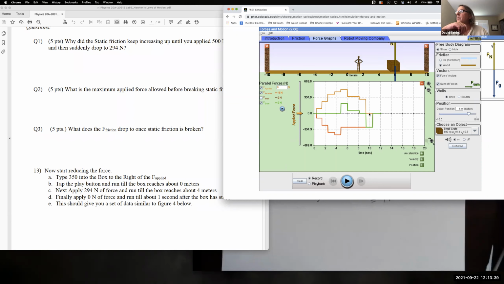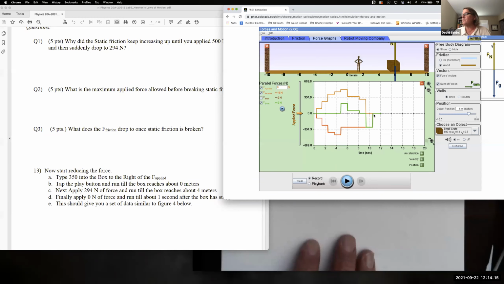And then I lowered my applied force to 0, and I have a net force below 0 equal to the kinetic friction, and I have kinetic friction up until it comes to a stop, at which point it's back in the regime of static friction, but there's no applied force. So the static friction is 0. Maximum static friction is still mu sub s n, but the applied force is 0, so the static friction is 0.